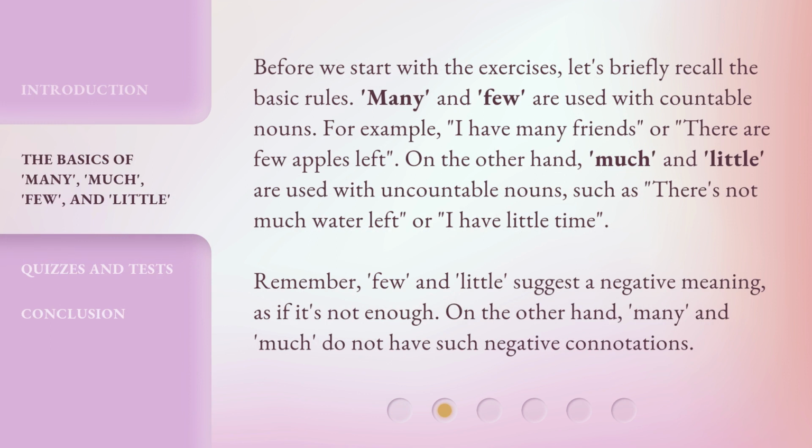Before we start with the exercises, let's briefly recall the basic rules. Many and few are used with countable nouns. For example, I have many friends, or there are few apples left. On the other hand, much and little are used with uncountable nouns, such as there's not much water left, or